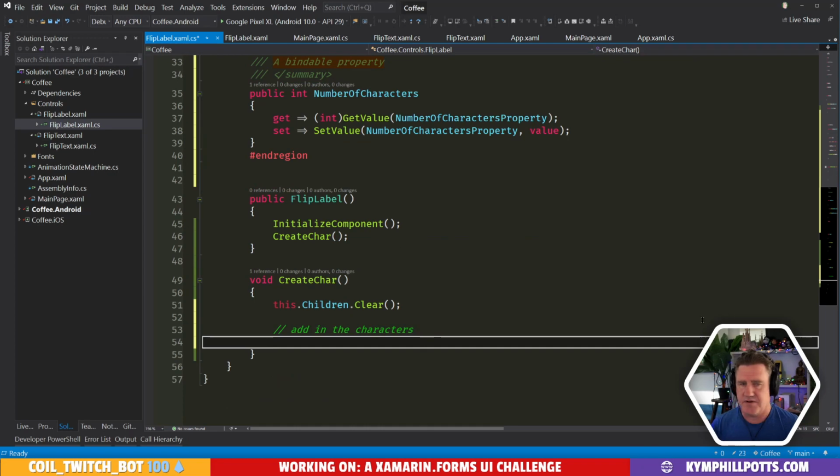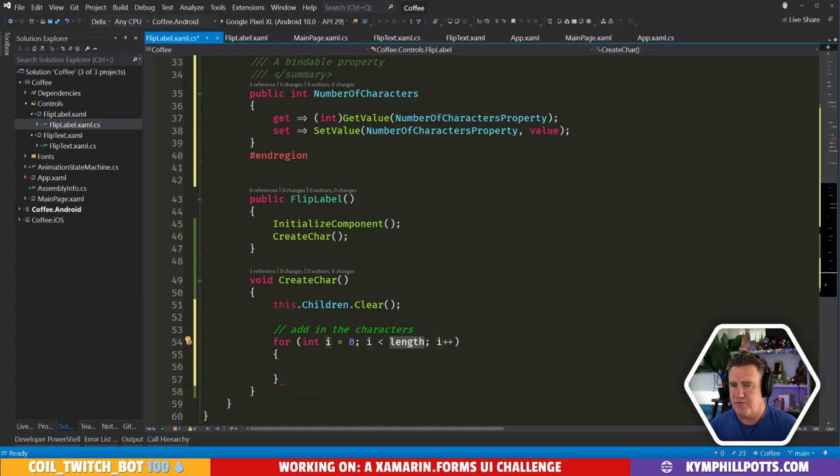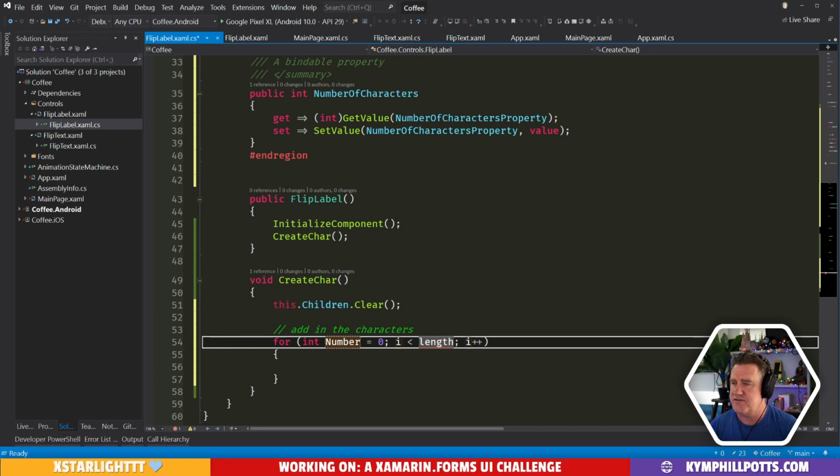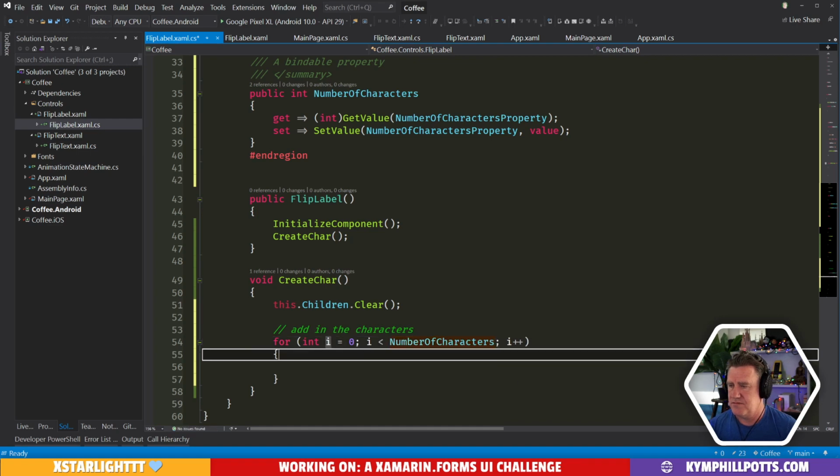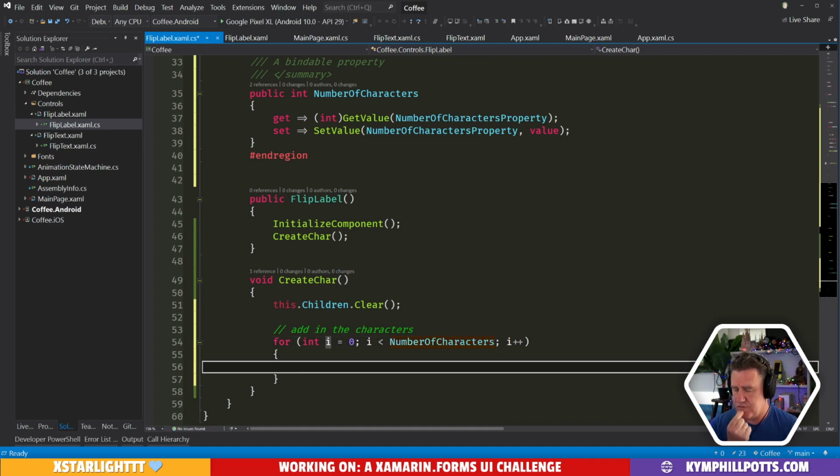And so then we can basically come in here and do a for loop for our number of characters. And then we can basically just go and create ourselves a new flip text.